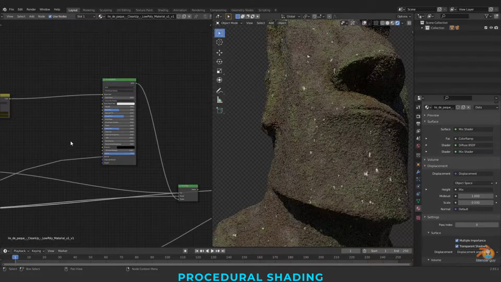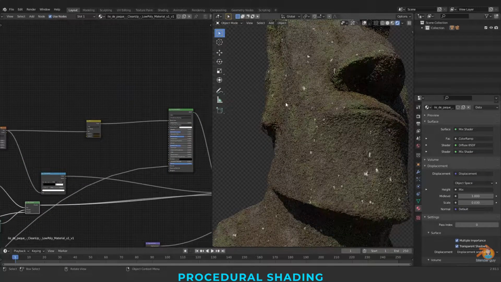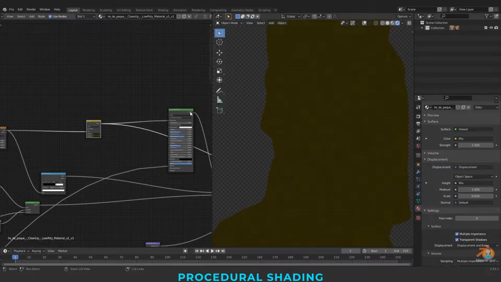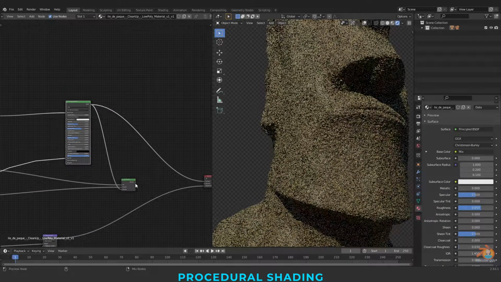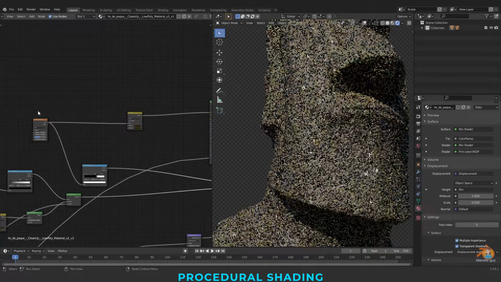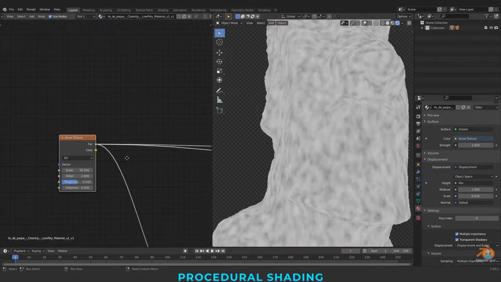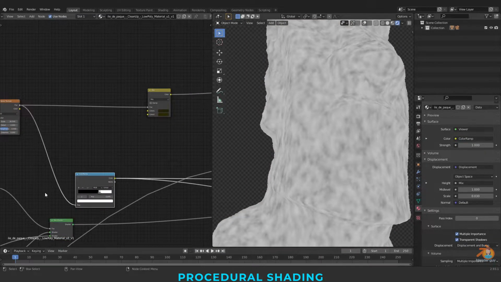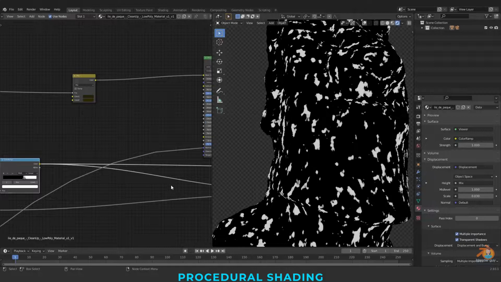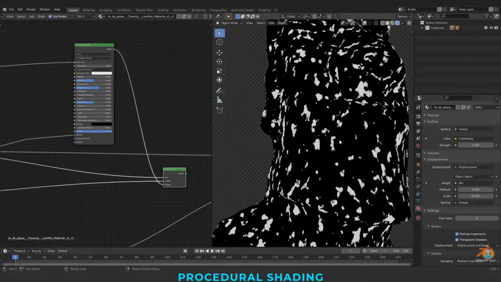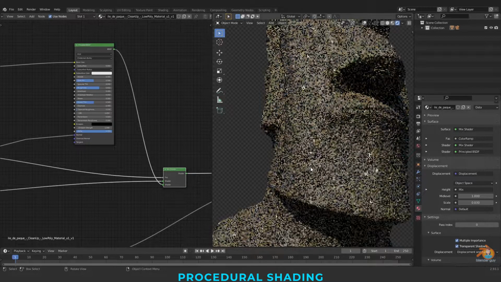And finally our shader for these large green patches. We have used noise texture, so we blended both with the Musgrave.